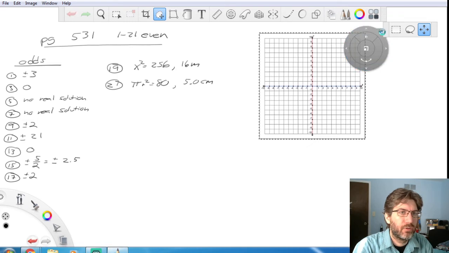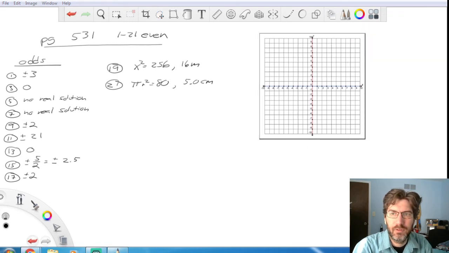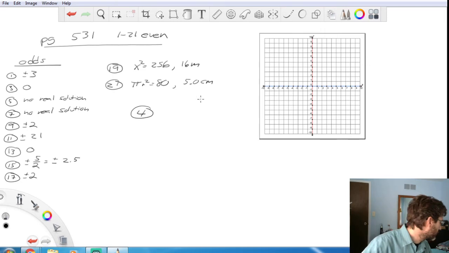So there's a coordinate plane. Double check my face isn't in the way. All right. And you're looking at number 4, Adam. Number 4 states